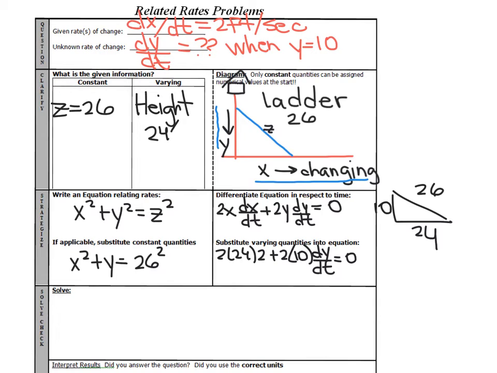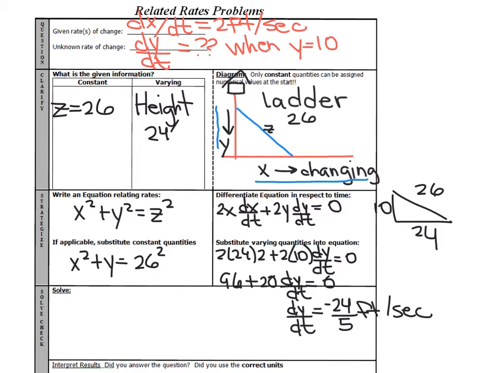So we do the math, and we get 96 plus 20 dy/dt, and solving for dy/dt, we end up with dy/dt equal to negative 24 over 5, and always have to use units, feet per second. So then to answer the question, when the ladder is 10 feet off the ground,